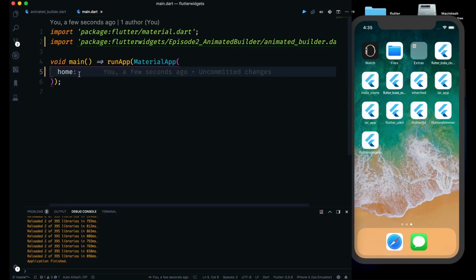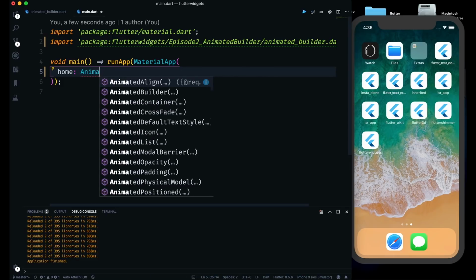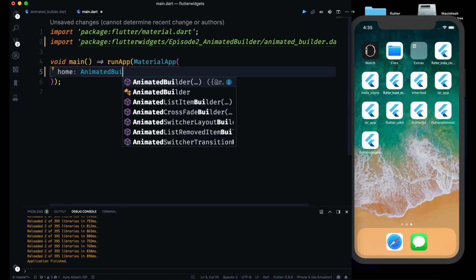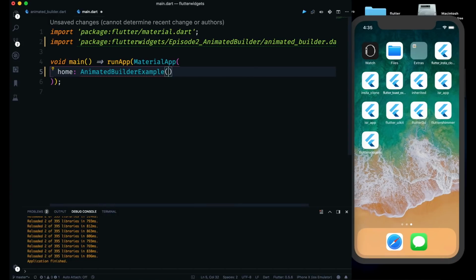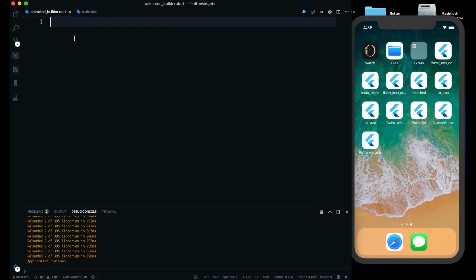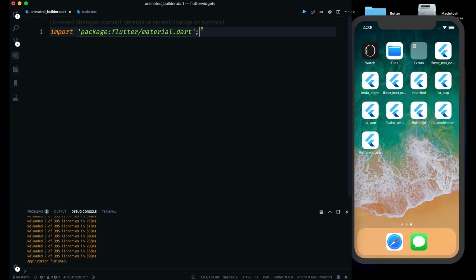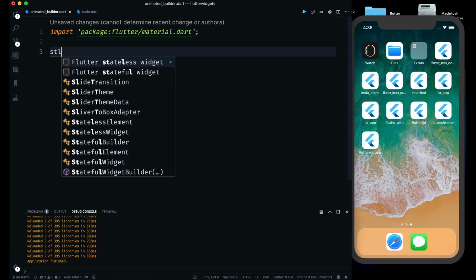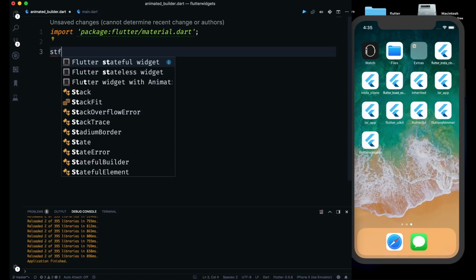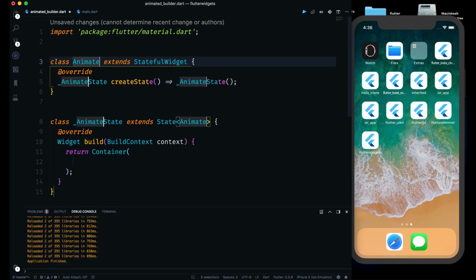As you can see, we have just a home here, and I will pass here an animated builder example. Now we need to make this, so I have another dart file here, animated_builder.dart. First of all we will import the material.dart package, and then we need a stateful widget, animated builder